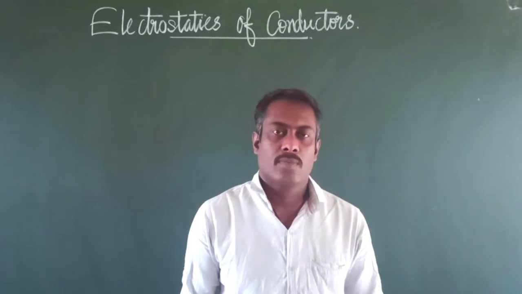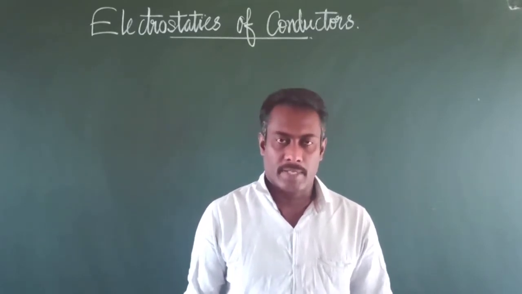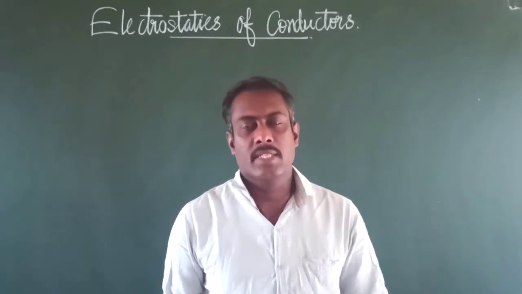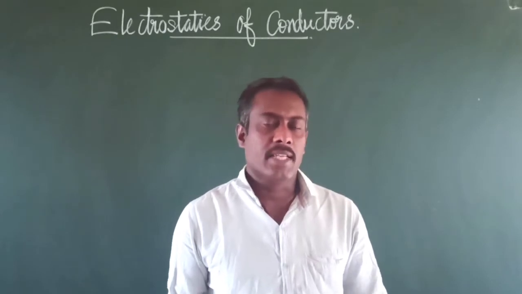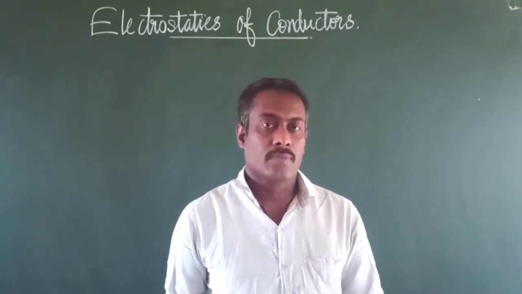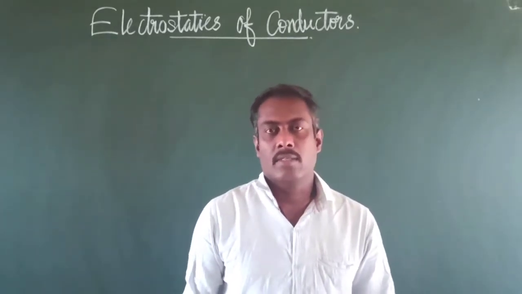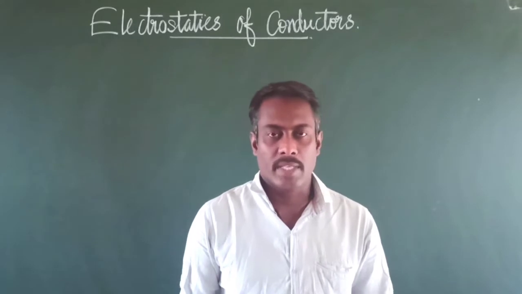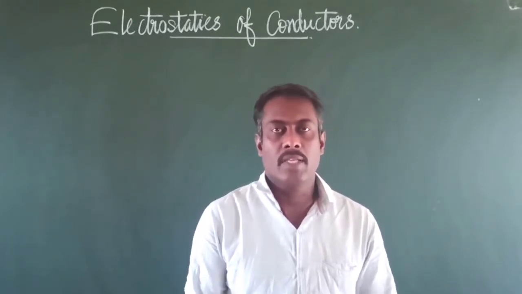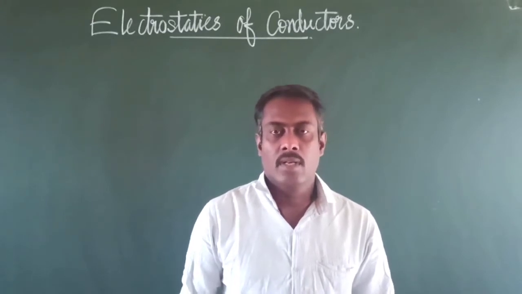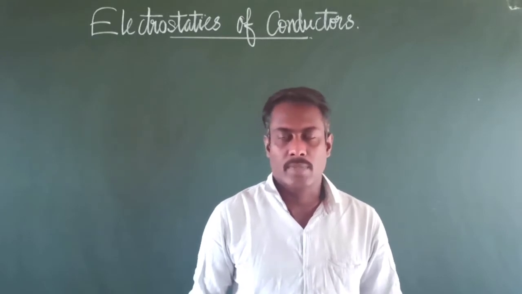Generally, when a metallic conductor is charged or an external electric field is applied, the free electrons present in the metal drift against the direction of the electric field, and the positive ions, which are made up of nuclei, bind the electrons and hold them firmly. So let us see the main features of the electrostatics of conductors.